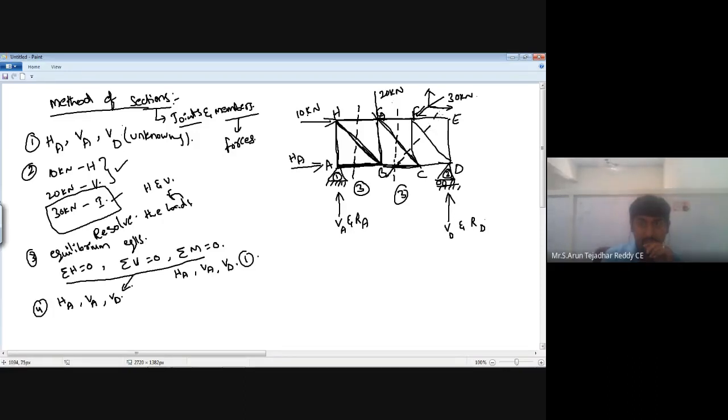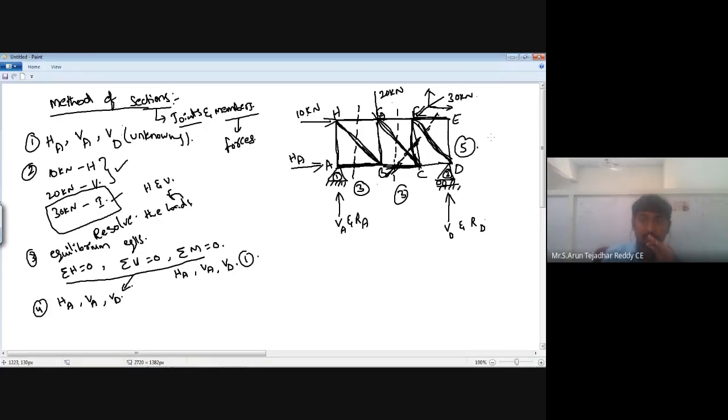this section, it is passing through FE, one member, FD, other member, next FC. See here also your cutting section is there. So FC, totally how many? 1, 2, 3, and here also from C to G 4, and here also CB. Totally here 5 members. It means it is passing through 5 members.